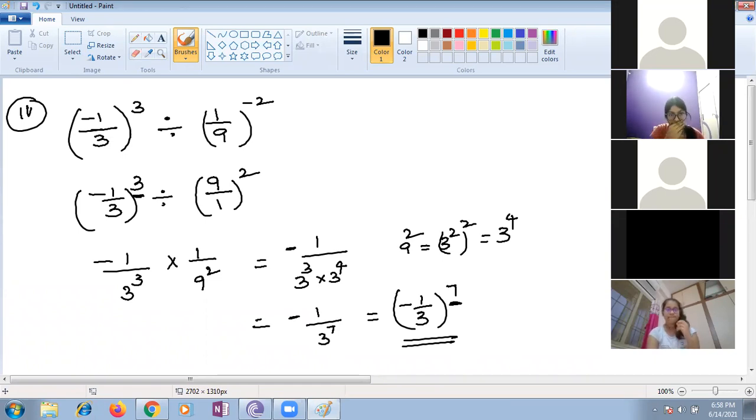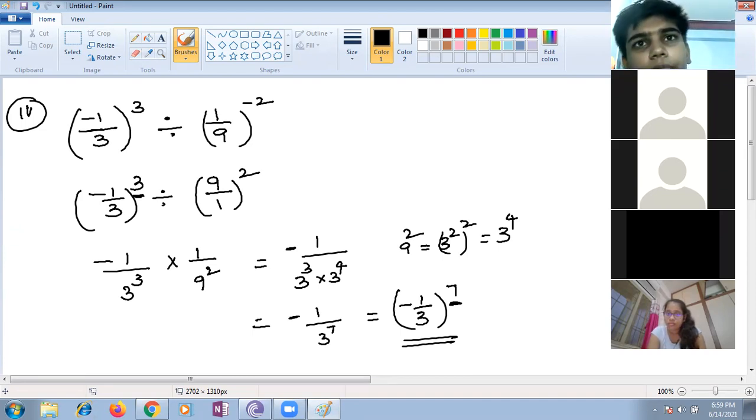Akash: Ma'am, actually, I didn't simplify those. I just wrote the answer as minus 1 upon 27, and then we'll get the answer as minus 1 upon 2187. Ma'am, I wrote the answer as minus 3 whole to the power minus 7. Is it okay? Yes, minus 3 whole power minus 7. That's also correct, because you are applying the negative exponent.